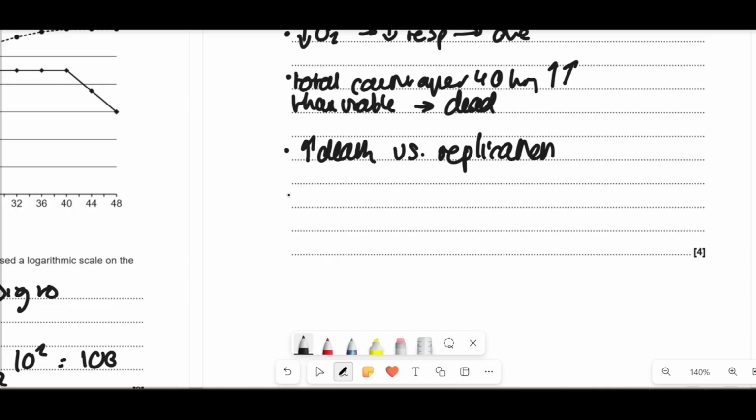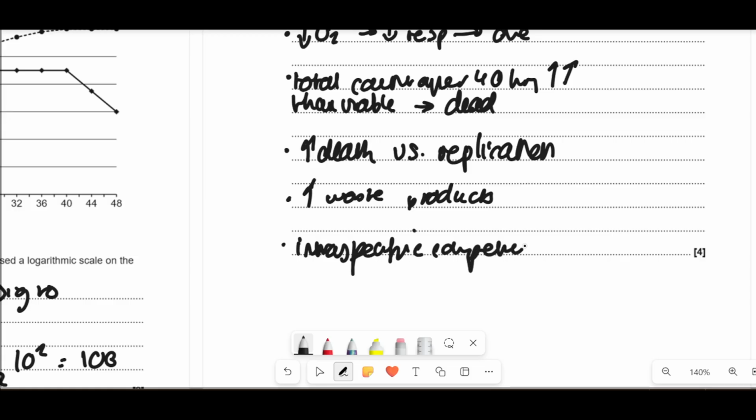And then another reason that could be the case is that there's more waste products as well. Another thing you could say is interspecific competition as well. I probably should spare it. So it's just using the graph to explain that kind of stuff, and we can see there as well that